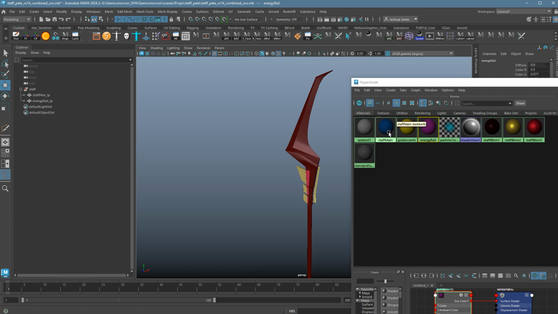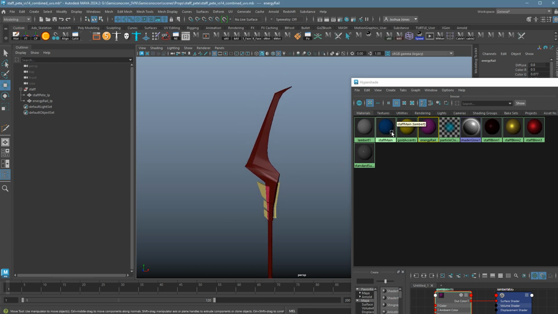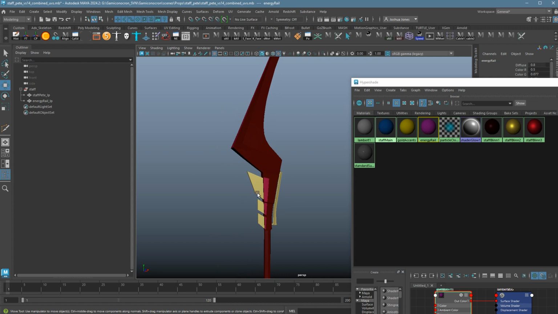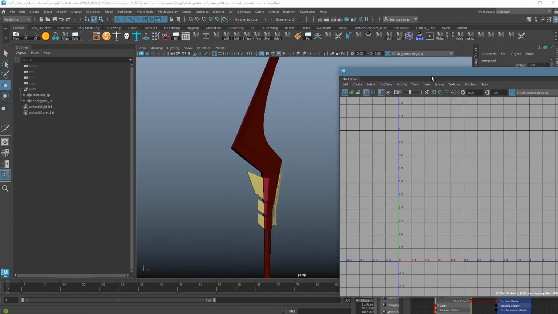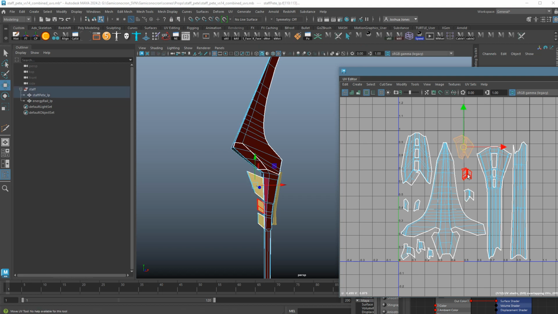And then my job now is just to assign them to these parts here. There is no one way to get these on here. If I drag and drop it, it's not going to work so well because these are all combined into one piece. If they're separate, that would work just fine. But I don't want to have to separate these out again later. You could use your UVs, your UV editor here, to separate these pieces out. So I could select these shells here